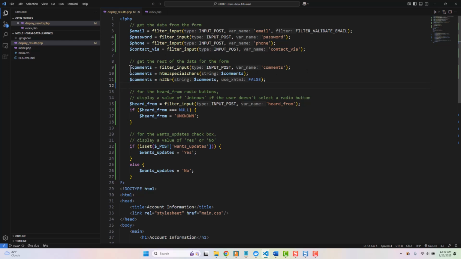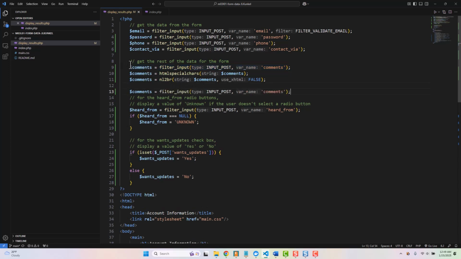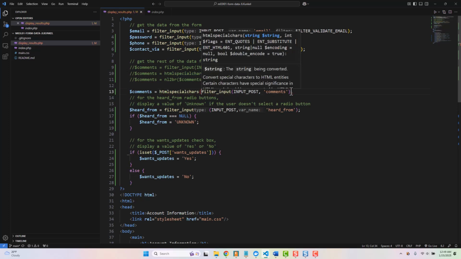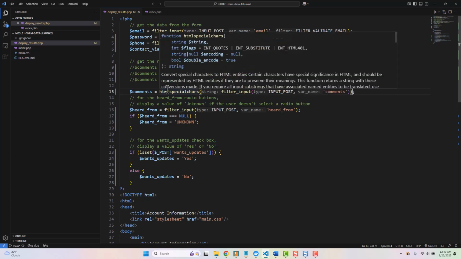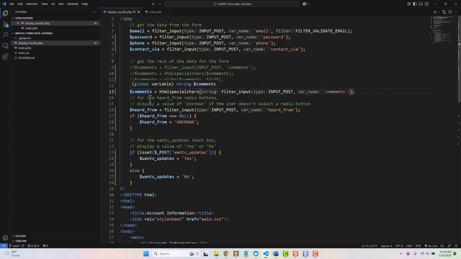And I'm going to leave it here, but I'm going to comment it out after I copy this first statement down. I can also go through and do it in one line. Programmers, we like to make things concise. We would never do more than like 3 things at a time, so this was probably the max that we would do. We would copy our HTML special characters because we want to take the output from that filter input, pass it into our HTML special chars, and now we could assign the comments and do it in 2 statements,